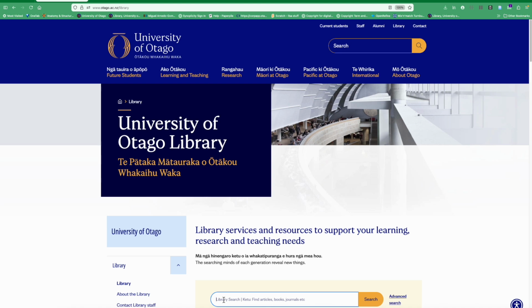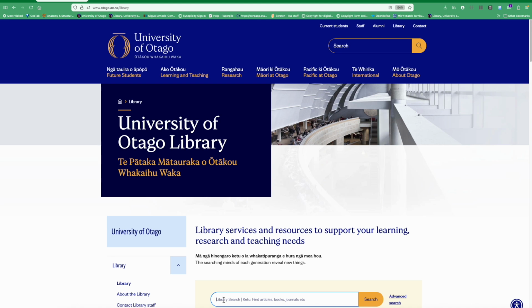Here at the University of Otago, we recently turned on linked data in our library catalogue, and I thought Wikidata editors might like to learn about this reuse of Wikipedia and Wikidata information and see how it's working. So I'm going to give you an overview of what that looks like in the library catalogue and where the